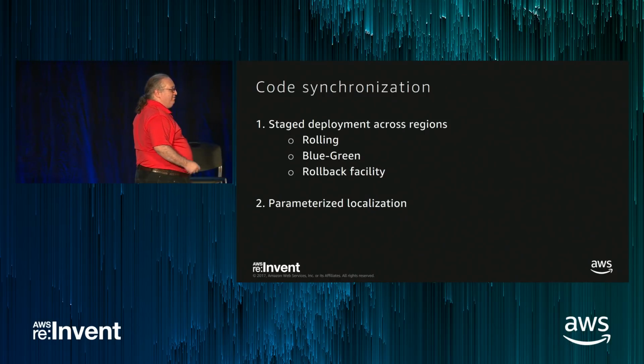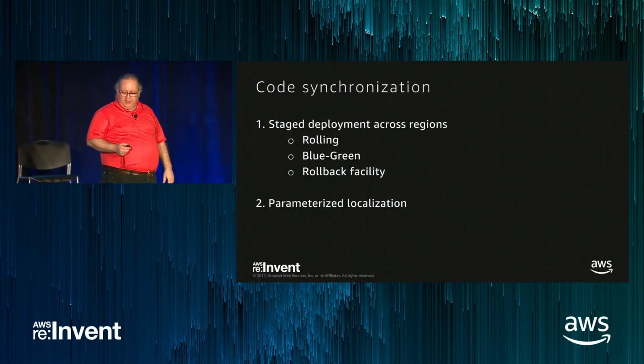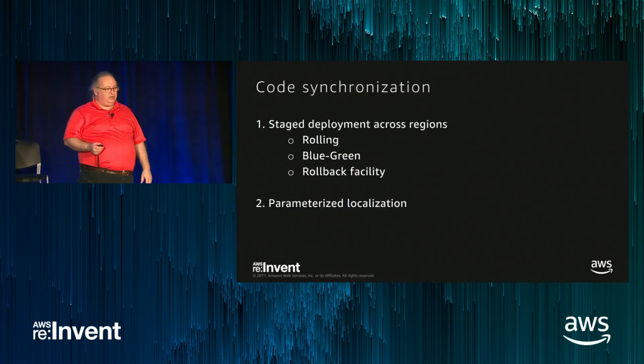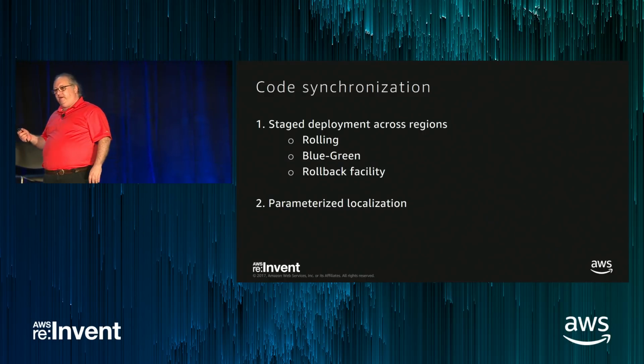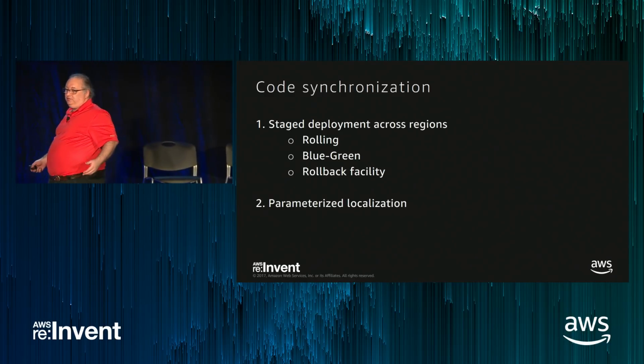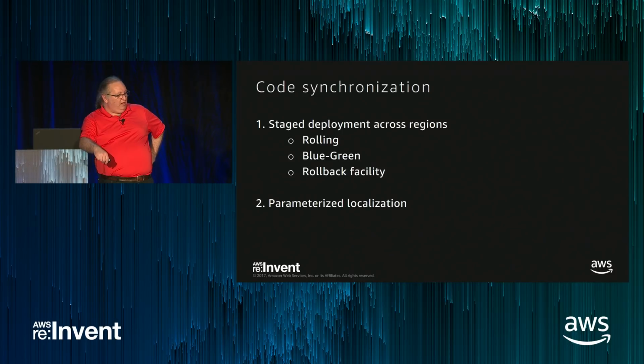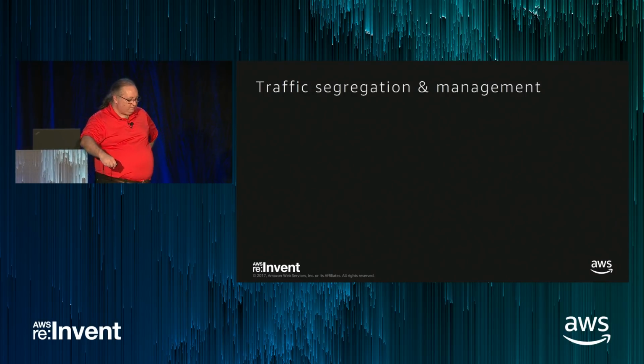Same concept, though. So if you ever see people talk about red-black deployment, it's the same thing. And then, of course, the idea of parameterized localization. So if I'm running the code, part of that, I'm assuming you put it multi-region for a reason. One of those reasons usually is to do some sort of localization and to try to reduce the end-user latency by having, say, the users in Asia hit an Asian data center instead of having to go across the Pacific every time they do something.